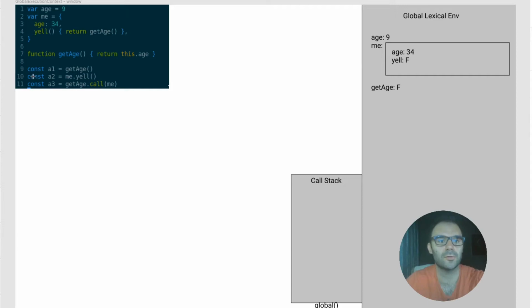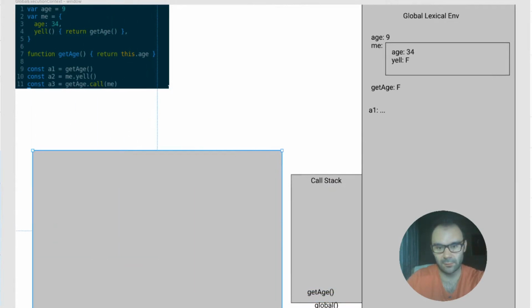In this video, I'm going to start from line number 9, where we have a formal declaration for constant with identifier name A1. A1 is uninitialized because we need to evaluate a getAge function call. So let's do that, pushing the getAge to the call stack, creating execution context, creating a local memory for that execution context,